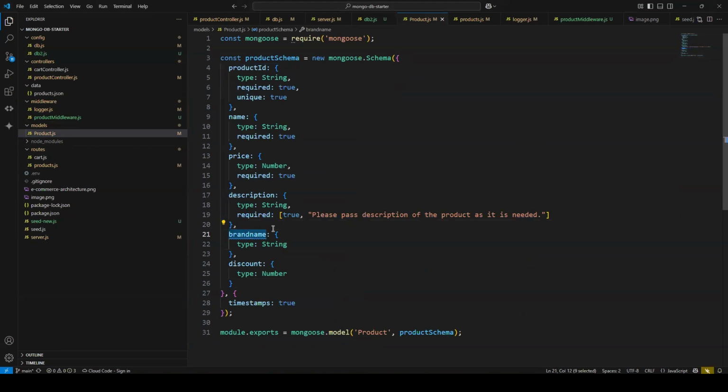I added two more, brand name and discount. So each product will have a brand name as well. Let's say they are from Apple or Samsung or something like that. And if there are any running discounts on the price? Two more pieces of information. Now going back to our MongoDB,